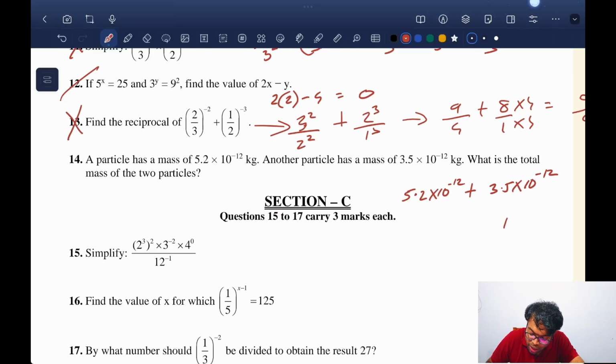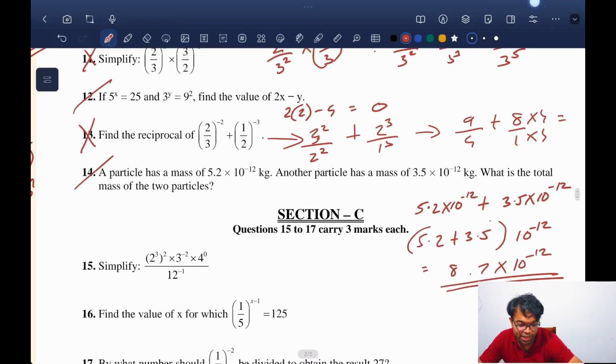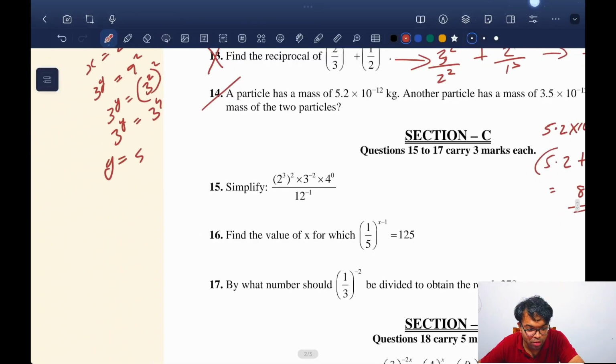10 to the power minus 12 को बाहर निकाल दिया तो क्या मिला? 5.2 plus 3.5. So what will you get? 8.7 into 10 to the power minus 12. Okay? 8.7 into 10 to the power minus 12 तुम्हारा आंसर निकल के आ गया। सही है कि गलत है? गलत हो गया रीत। नो वरी, अभी और भी एग्जाम देना है तुम्हें, बहुत सारे एग्जाम और देने बाकी हैं।